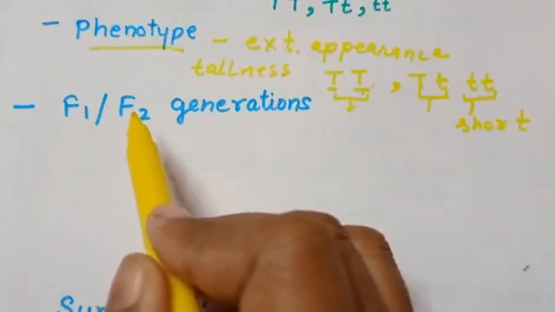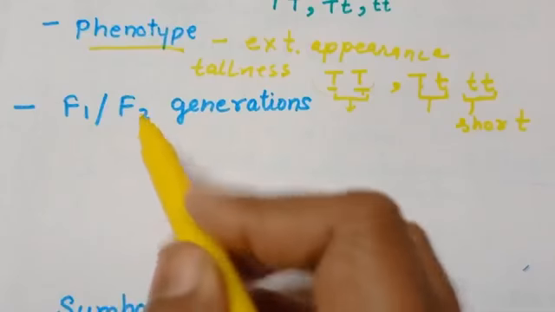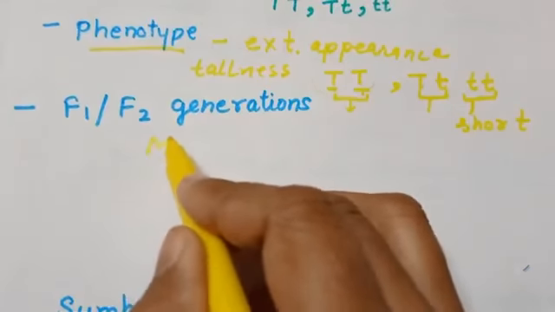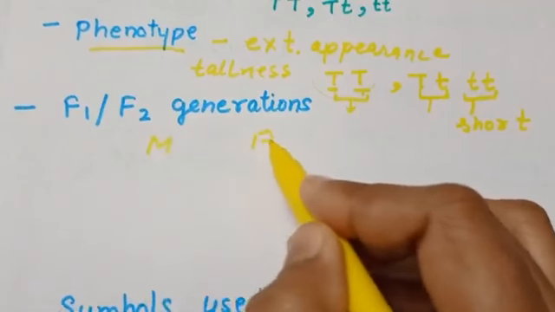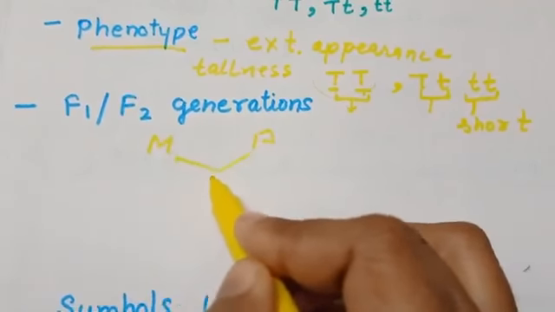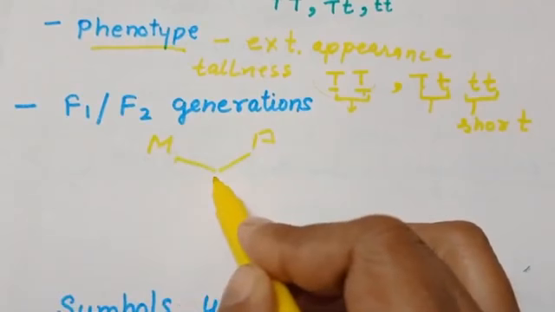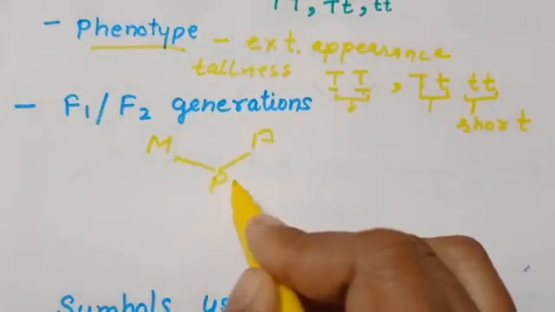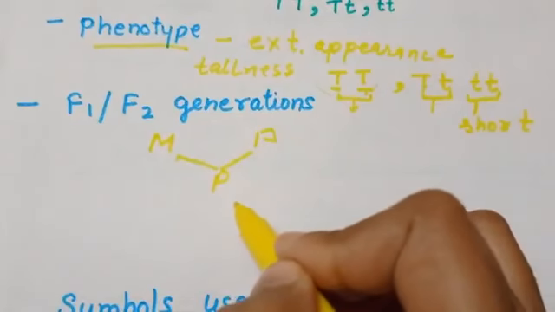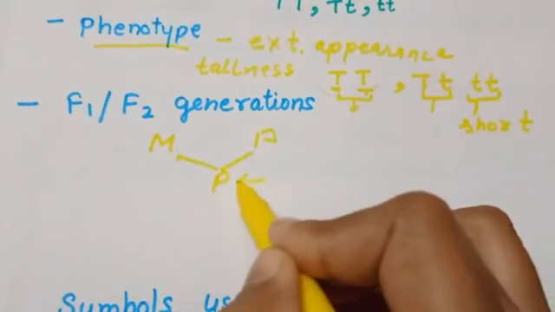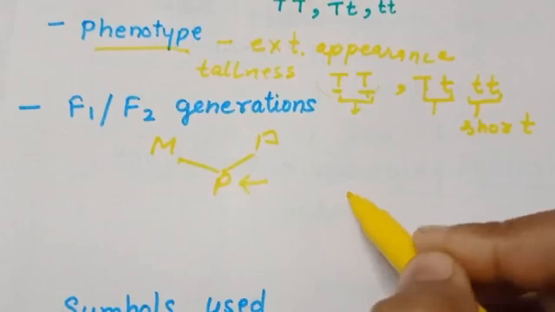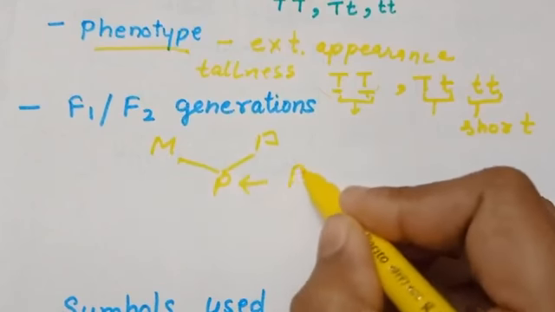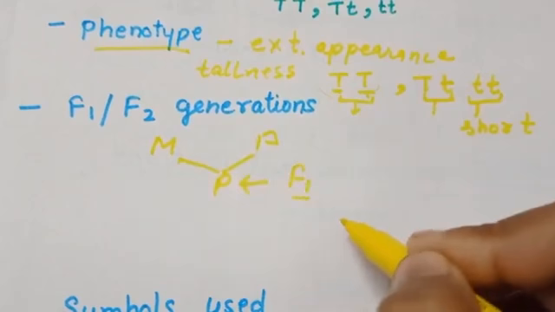When two parents, let's say the male and the female, cross together to form a new individual or the progeny, then, because the parents have crossed to make the new individual, this will be called the first filial